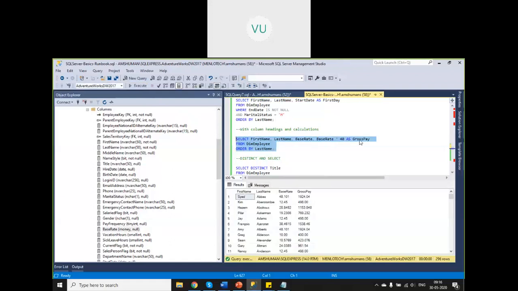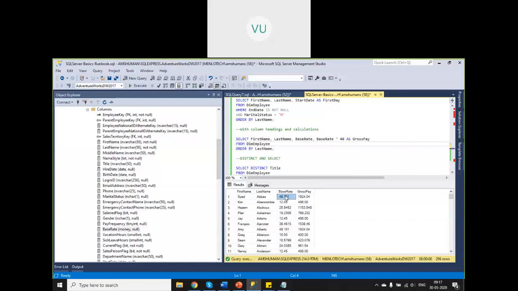So here you can say some temporary column is created with some temporary alias name, right? This is nowhere present in your table, but you are applying some calculation and displaying that particular column as well. So this is also very useful in your reporting use cases, right? For example, you want to send some calculated value, which is not there in your original table, as part of your result set, so that your reporting will be easier.